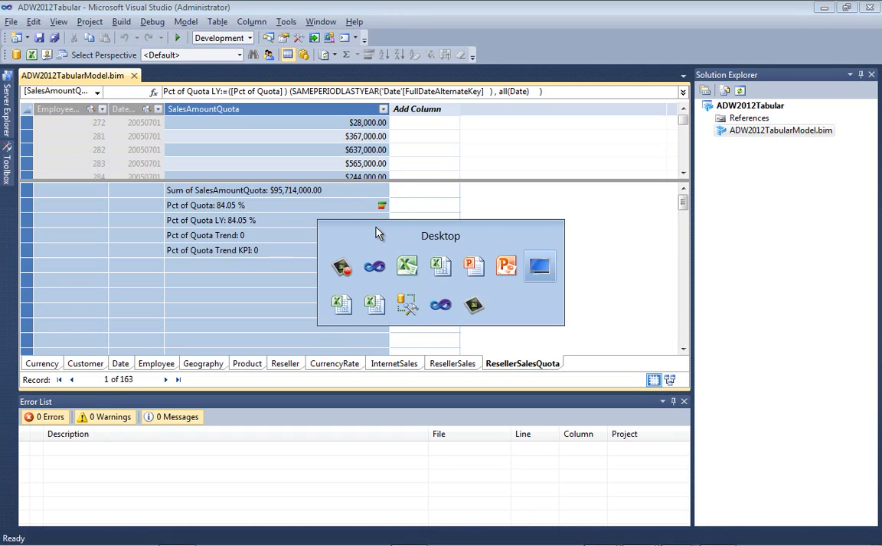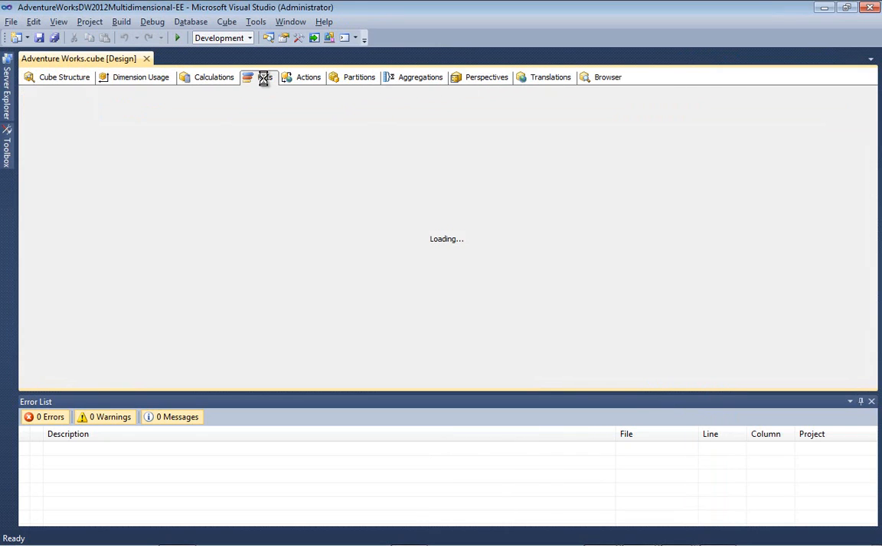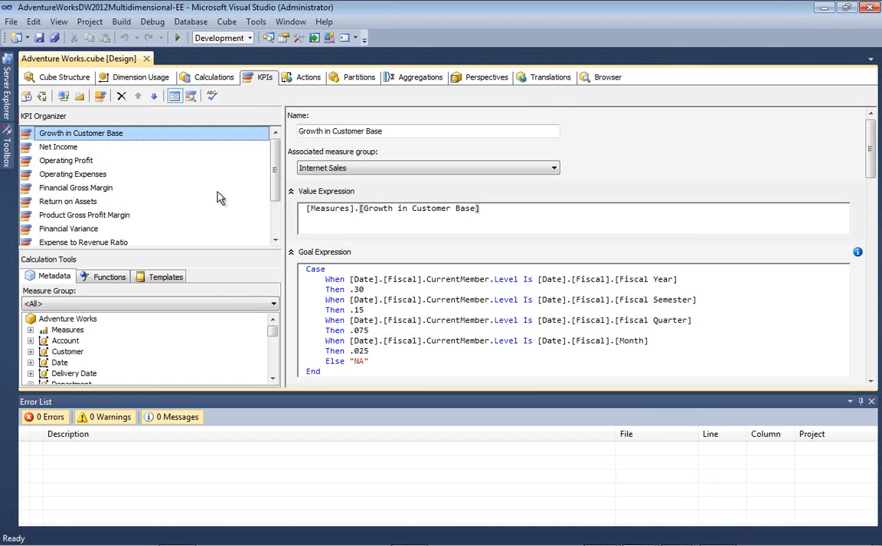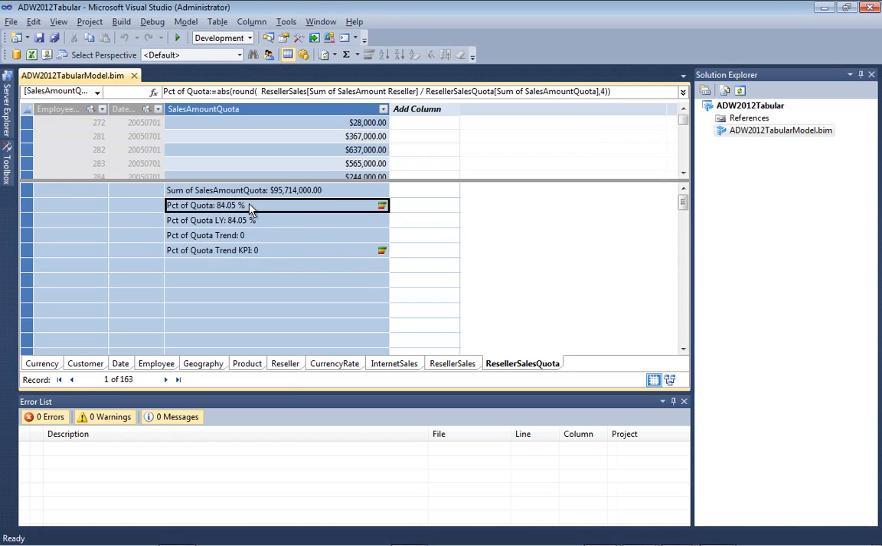Remember that over in the version of BIDS or SQL Server Data Tools, when you're building full-blown OLAP projects, you get a separate tab here for KPIs. So they're in one place. Over in the tabular model, they are more or less going to be spread across the fact tables to which they're associated. Well, I see that I've got a percent of quota here, and it's simply the sum of the